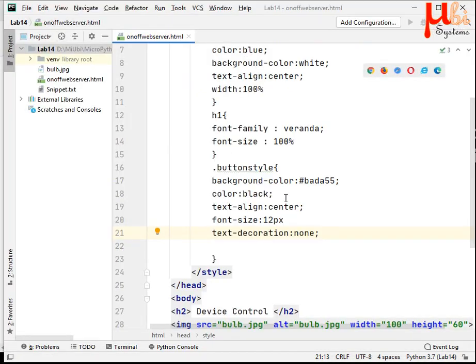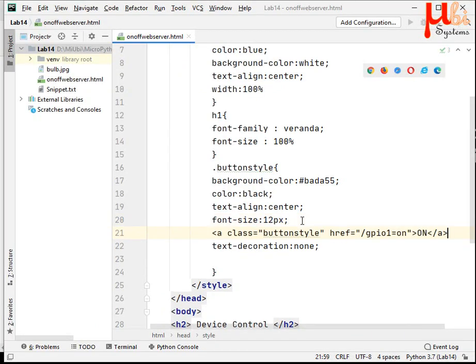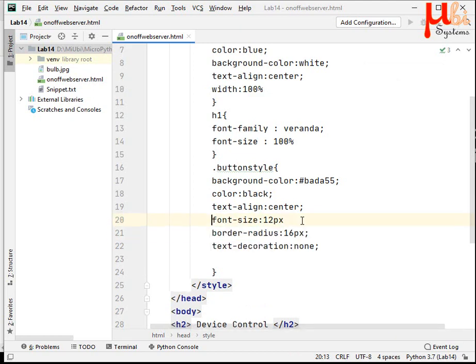Oh, yes, this is the culprit. The font size being 12 pixel is the culprit because I removed the semicolon. Then this gets applied. Let me apply the border radius and font size being 12 pixel.